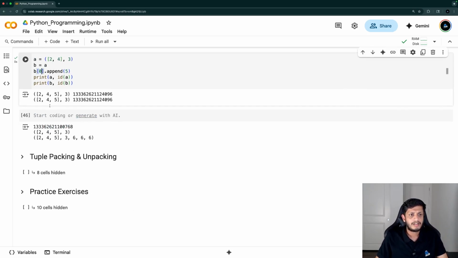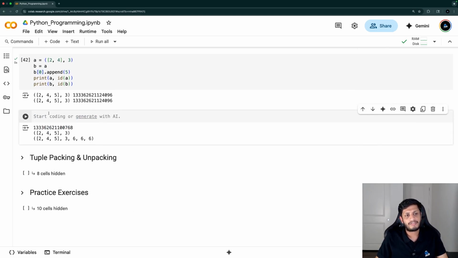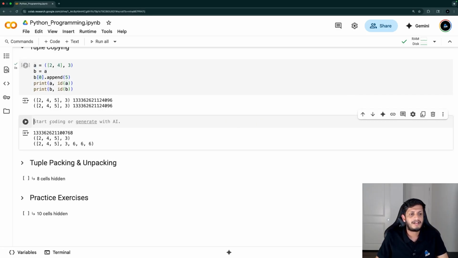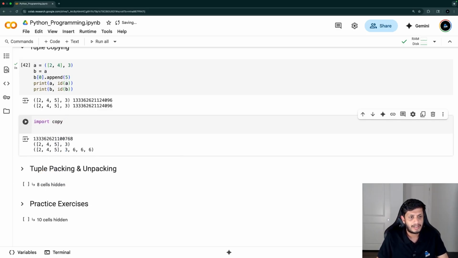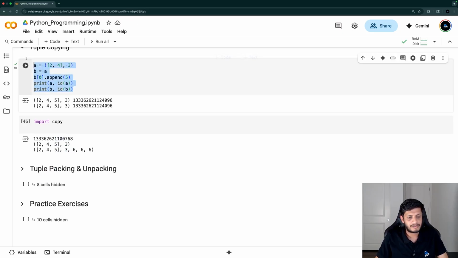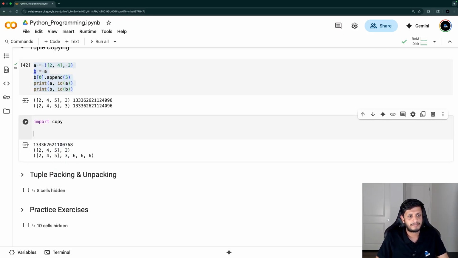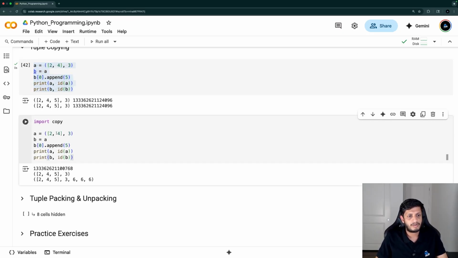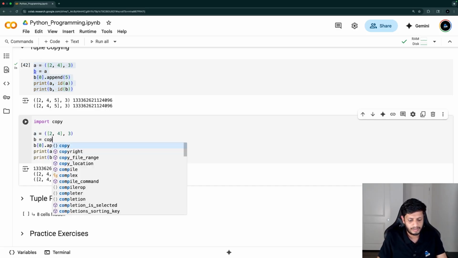Okay, now how do you make a copy of a tuple then? This is not allowed. So how do you make a copy of a tuple? You can use the copy function from the copy library, because dot copy is not available in tuples. So we can use the copy function in the copy library, or you can use slicing. So if I import copy and write the same piece of code, and if I create a shallow copy, copy dot copy of a,